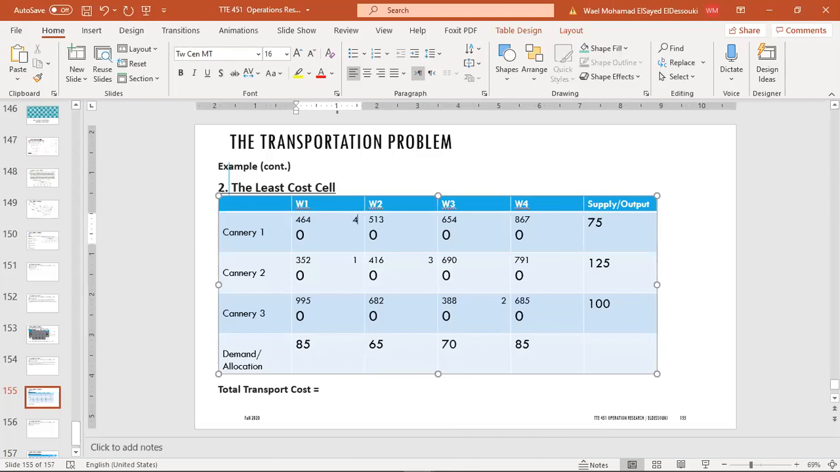Okay. Let's hold on for a while and let's look for the minimum cost cell. This one is the least cost, right? Let's assign here the maximum we can. How much can we assign? The demand for warehouse 1 is 85. The supply from cannery 2 is 125. How much should I supply here? 85, correct? Then this one becomes striked